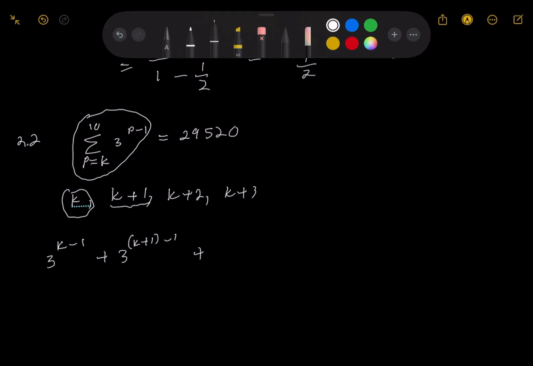Where we see p, we substitute this one. So it's going to be 3 to the power k plus 2 minus 1, and so on and so forth,